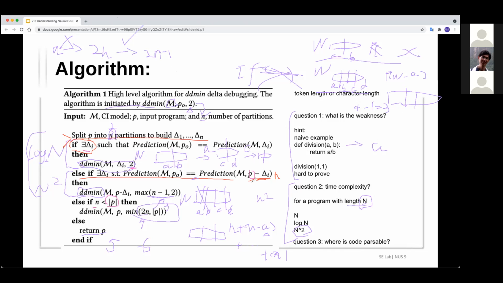So in this case, you're saying that suppose the factor is 2. The first time we will have half and a half, right? And when we look at this half, we are still splitting this half, and will